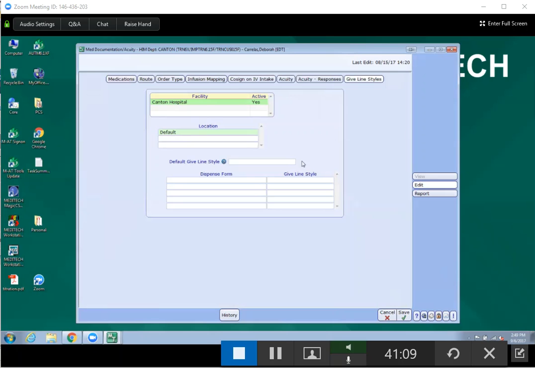WebEx, where it's changing the way the give lines display on the MAR, depending on either default, and it can kind of change, give you more information, or if you like the way the give line works, you can have it set to legacy give line, which will work as it does